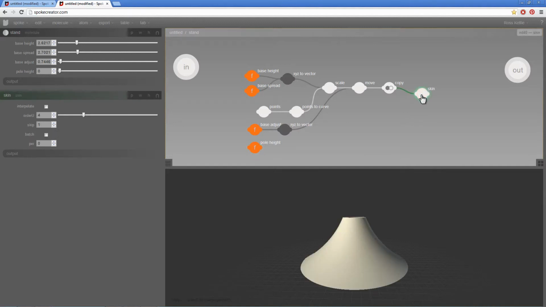So the thing about the base is that the height is variable, and I need to start the pole from wherever that top of the base is. So I'm going to extract the curve that defines the top of the base using the extract curve